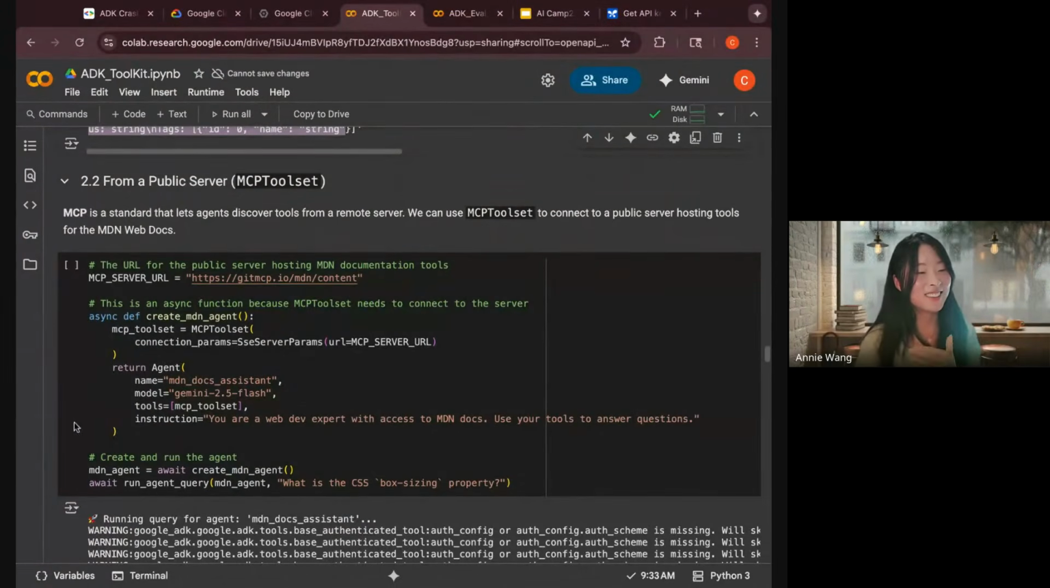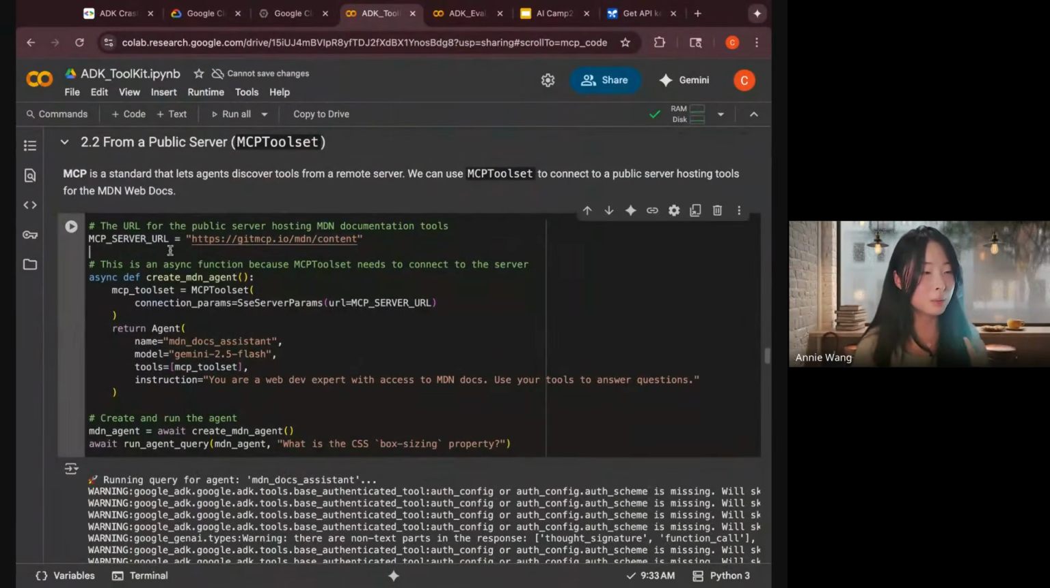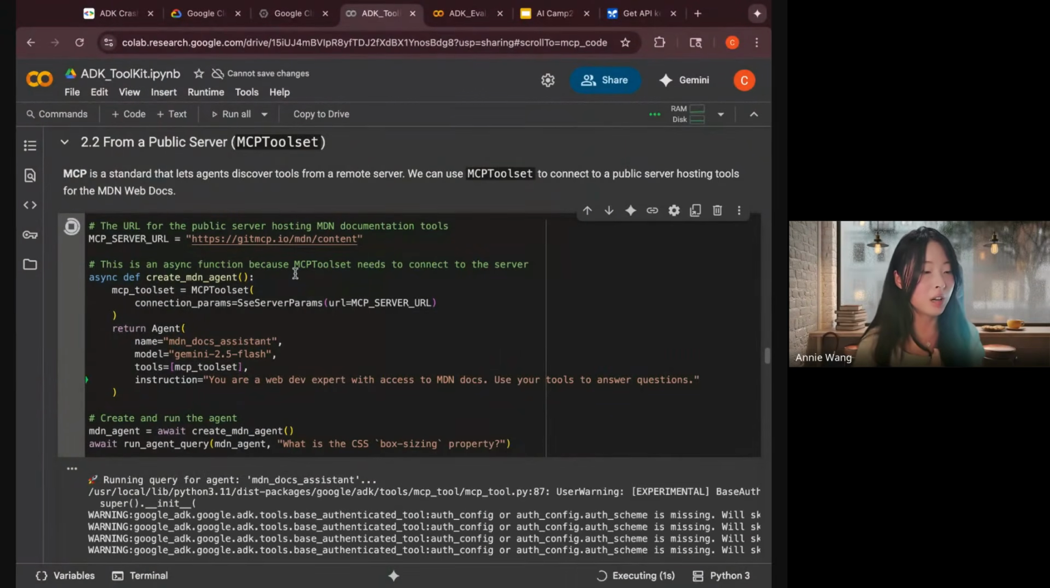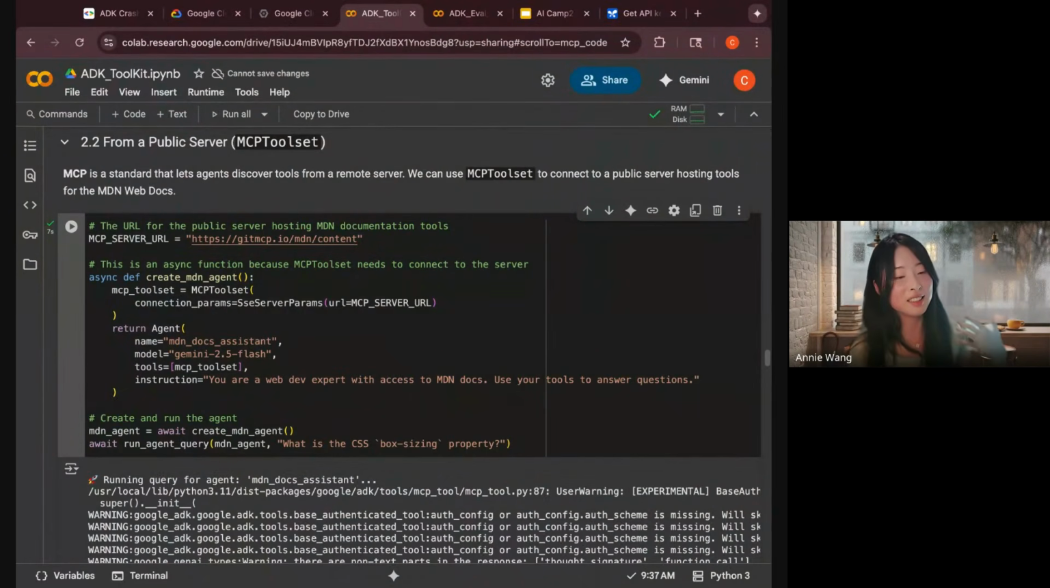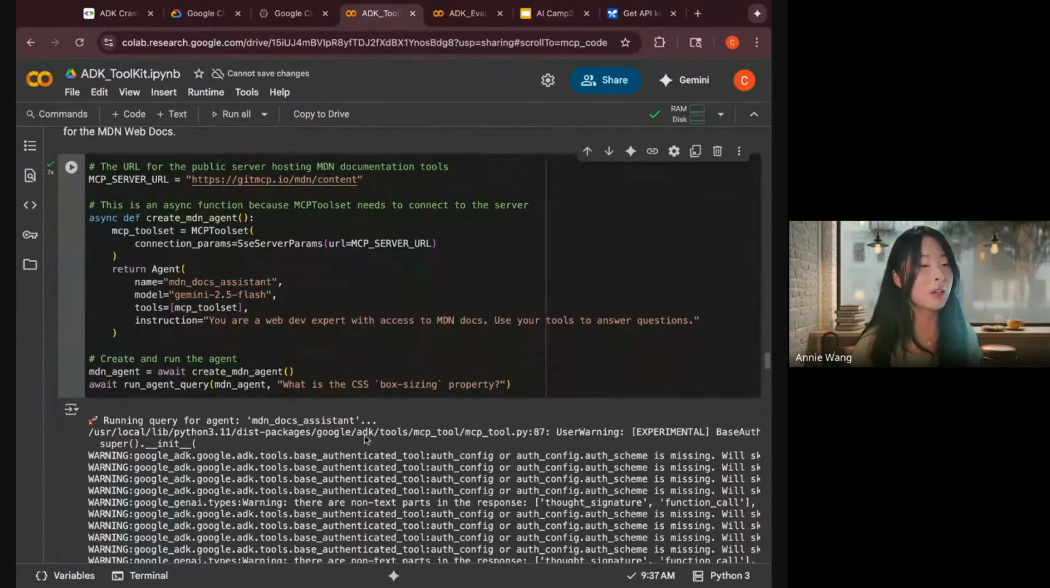All right, so for the MCP part, in this example, I'm using a publicly available server that is MDN content. It is hosting all the MDN documentation. I'm asking, you're the expert at MDN docs, can you answer the question? I can ask questions about HTML, CSS, or JavaScript. So I'm asking a CSS question, and the agent is supposed to use this tool, read the docs, and answer the